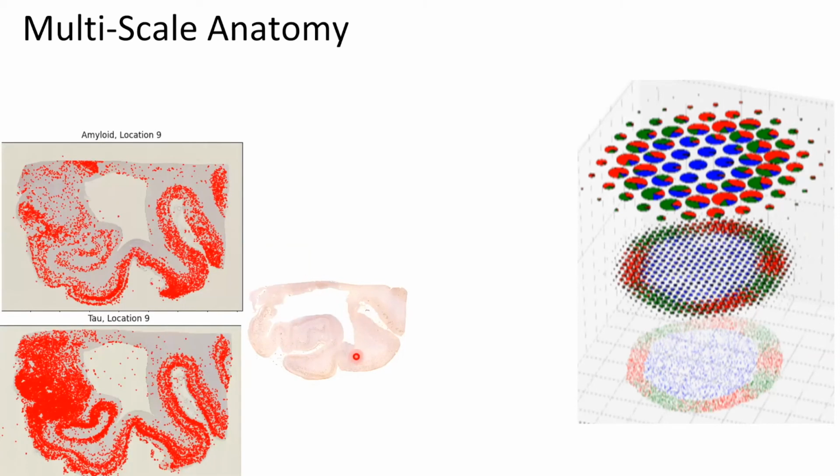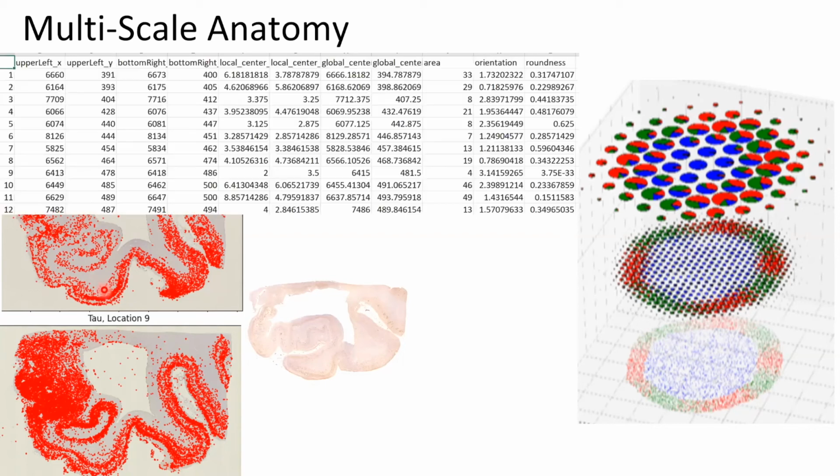Now, if we were to take this and explode it, what do we see? Well, here are two sections of tau and amyloid that Caitlin nicely generated for me of a particular section in this brain with Daniel Tward. And we see that we can see the particles. The particles are dense enough that they almost seem to fill and make a picture. But if we were to ask what's the data structure, because we're all computer scientists, this is the data structure that makes up these particles. And we can see that there's